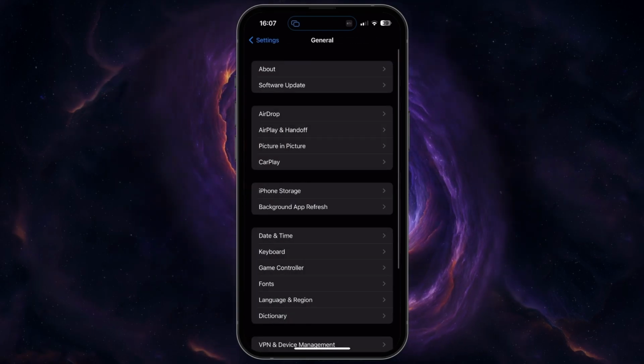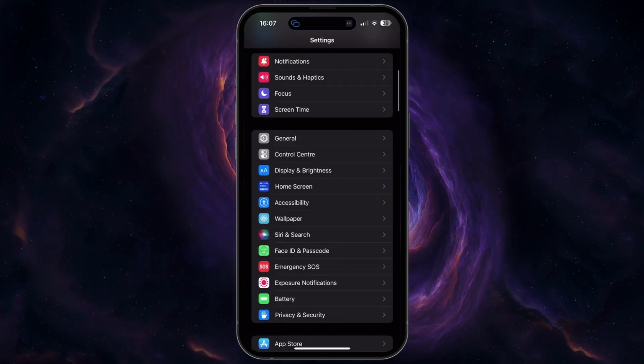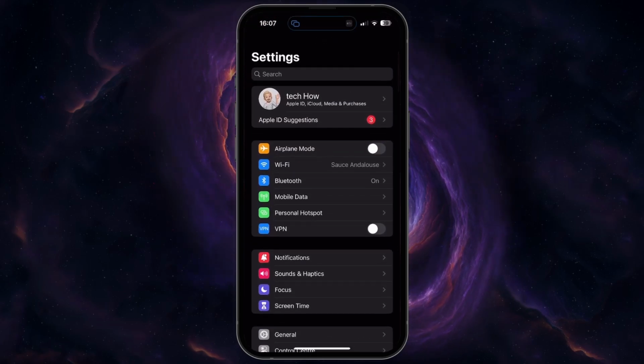After restarting your device, it's also suggested to restart your router or modem, especially if you haven't done this in a while. If you still encounter Wi-Fi connection issues after following these troubleshooting steps, then you'll be required to reset